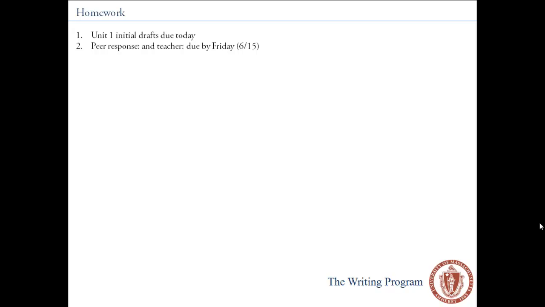I will not be putting my feedback on your Google Doc. I will be emailing it to you as a Word doc or as part of the body of the email. I do a lot of inline feedback, so typically it's going to be a Word attachment that I will send out to you. Your revised drafts based on your peer and teacher response are due on the 19th of June. And the final draft, which is once you finish your copy editing, once you finish checking whether your essay meets the overall course and the unit goals, that draft is due on the 22nd of June. So between the revised and final draft, pretty much all you do is copy edit it for grammar and other niceties of language, and also make sure that it achieves the course goals.